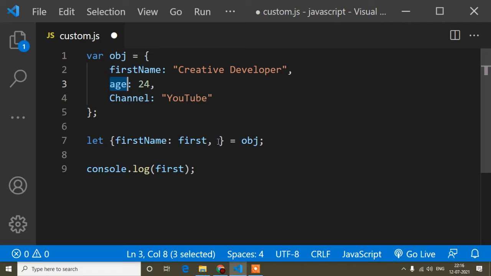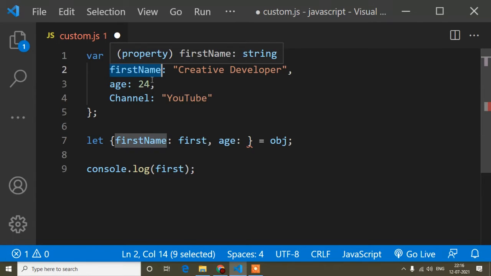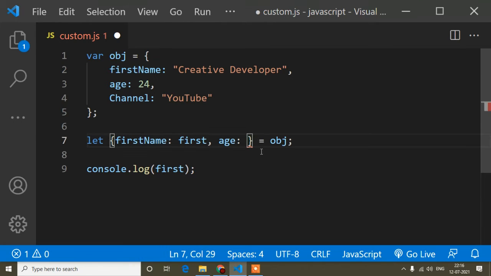Now here I write age. First of all, this name has to be written exactly, and after that the age instance has to be created, so colon, and the variable name you can write as per your choice. Like here, first: you can write as per your choice, but the property name first name has to be written exactly. For age I write my age.